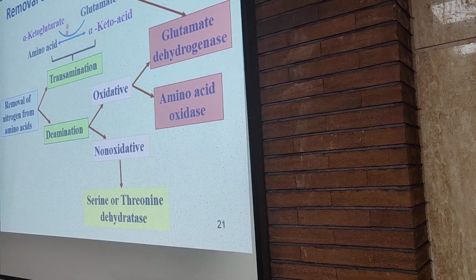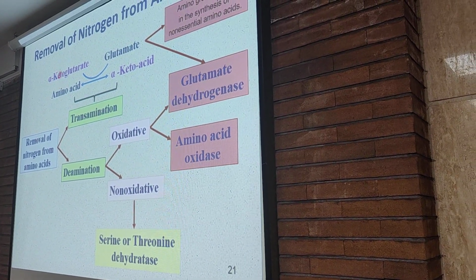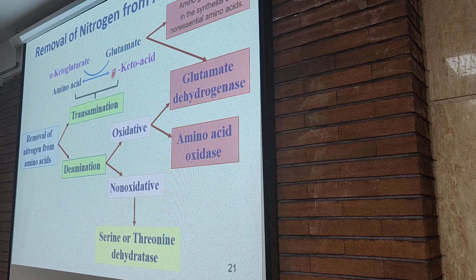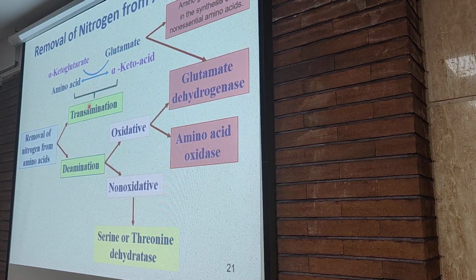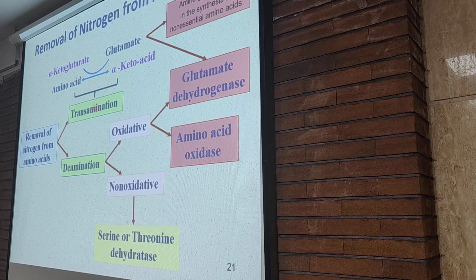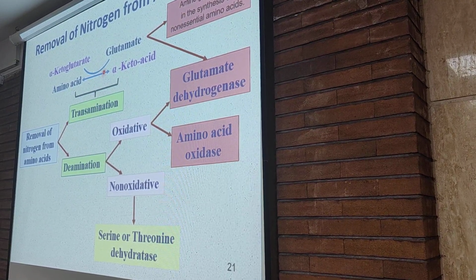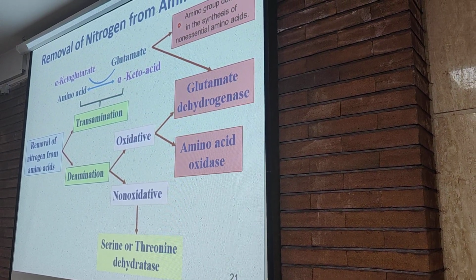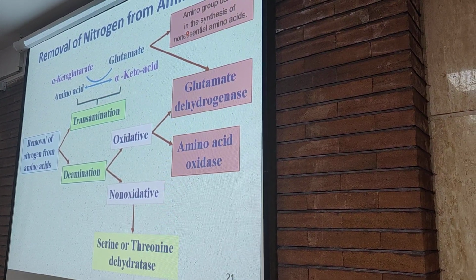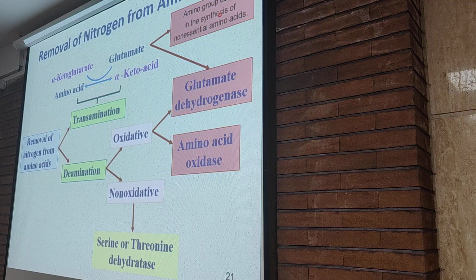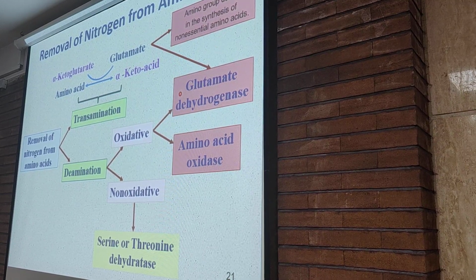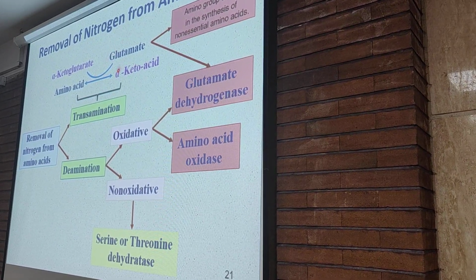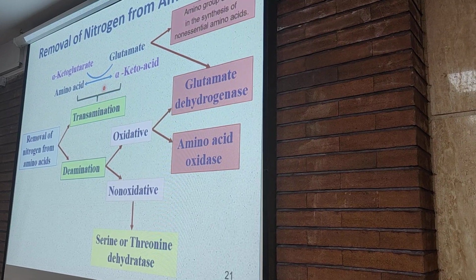And again, our body produces glutamate. When alpha-ketoglutarate receives the amine from an amino acid, it is converted to glutamate. This reaction is known as transamination, and we have specific enzymes named transaminases. This glutamate may act as an amino group donor in the synthesis of non-essential amino acids, and sometimes it becomes dehydrogenated. So if I ask you what is the fate of glutamate after transamination, you should mention